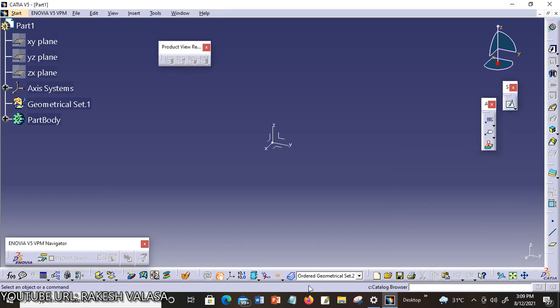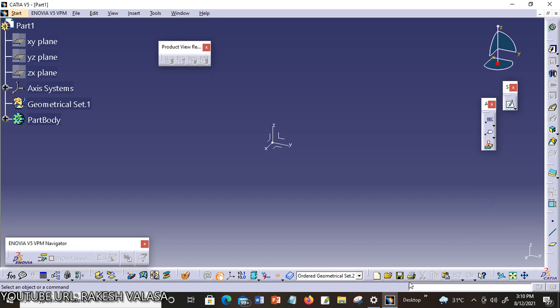You can see here, this is the standard toolbar that is available at the bottom of the CATIA V5 software. The standard toolbar contains common features such as new, open, save, print, cut, copy, paste, redo, undo, etc. This is the open window. The open window contains the model field and the specification tree and compass, used for changing the view and moving objects.